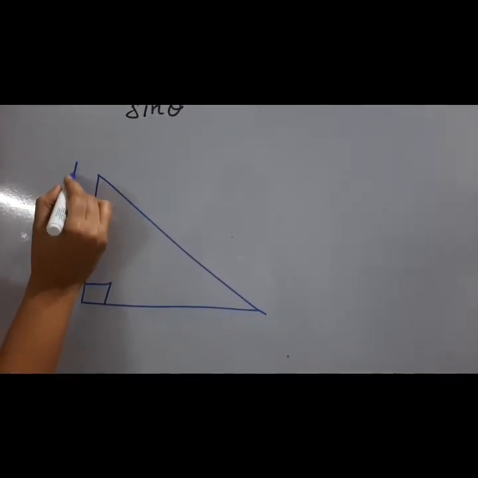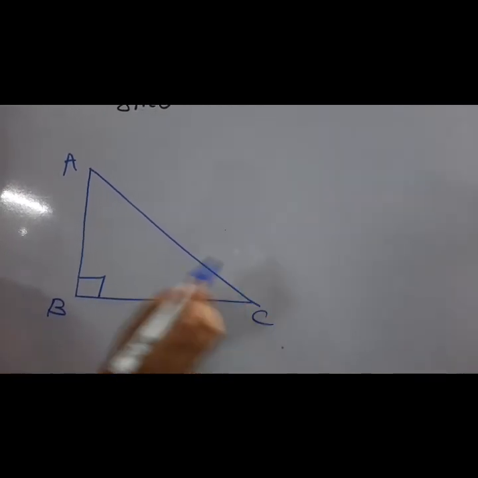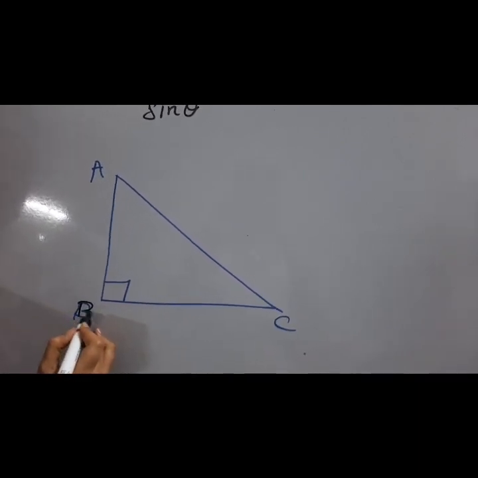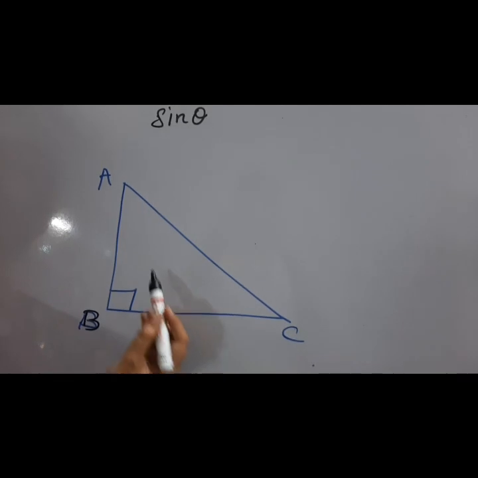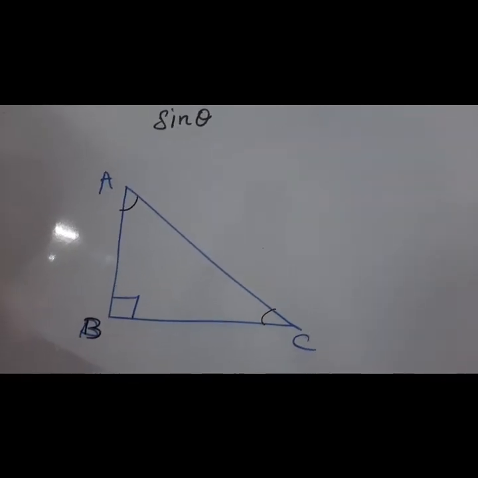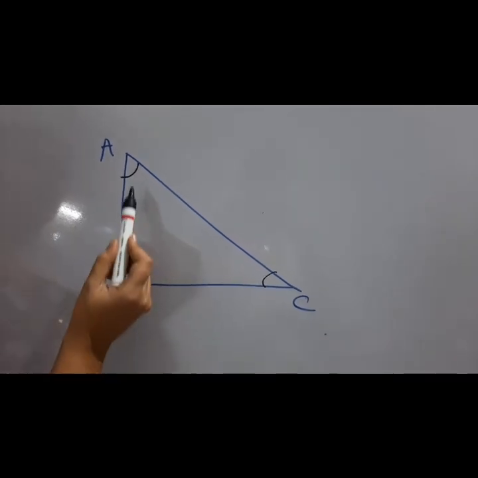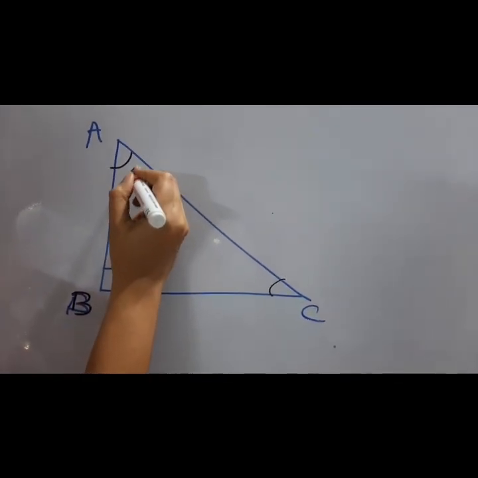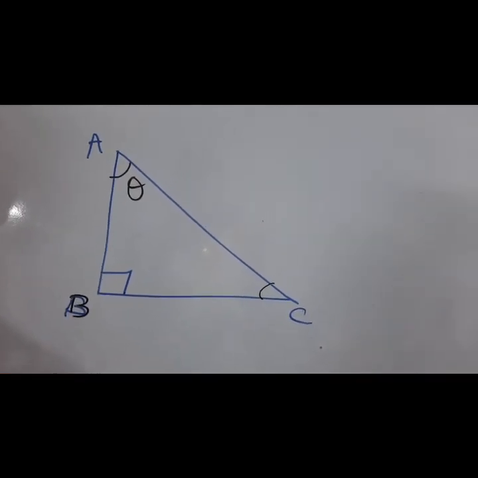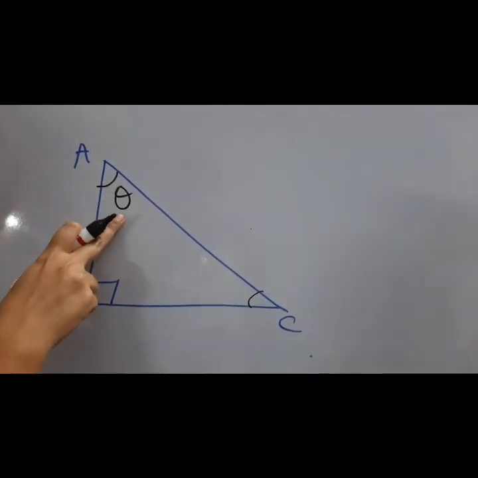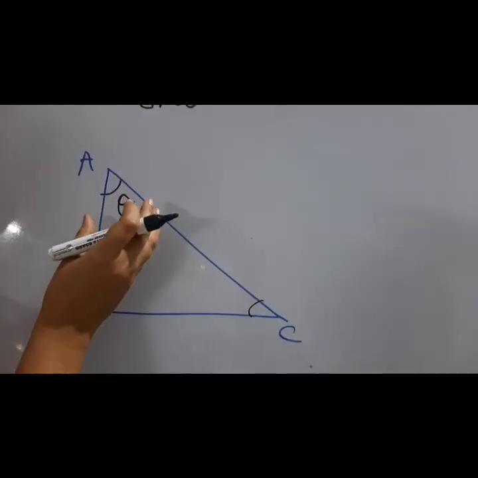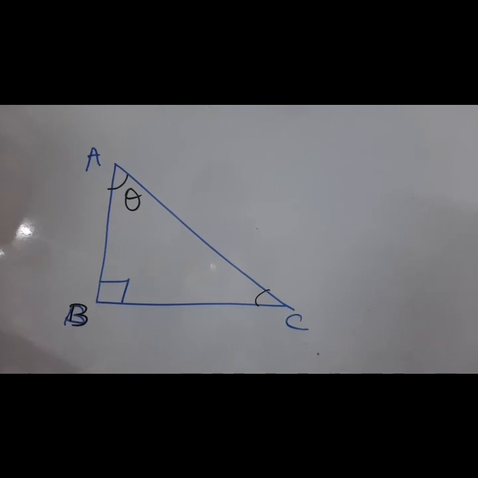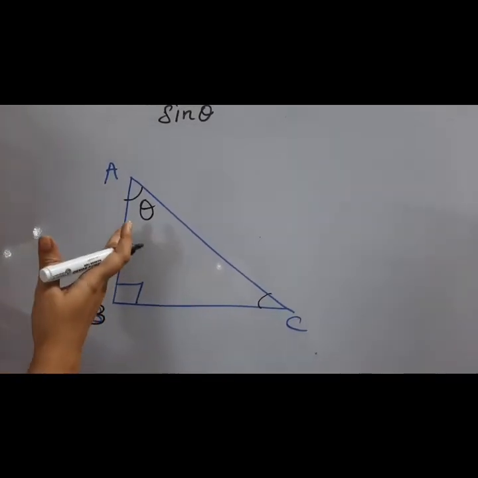When we have a right angle triangle, let's say ABC, here we are not going to do anything with the 90 degree angle, which is B. We are going to deal only with the 2 acute angles A and C and all the 3 sides. Now out of these 2 angles, one angle will be mentioned in the question. For example, here I am considering angle A. If angle A is mentioned in the question, we will consider it as theta, which is the variable for angle. When I want to calculate the value of this angle A, I need to decide what is the opposite side and what is the adjacent side for this particular angle.